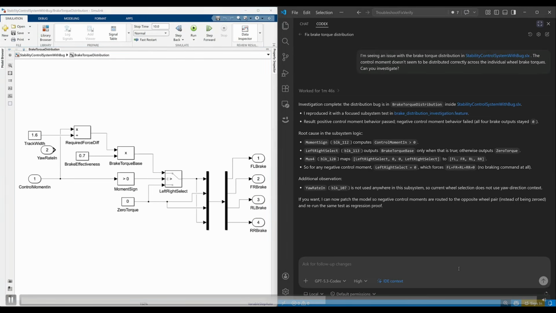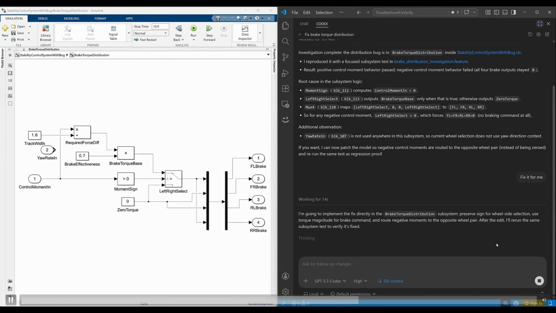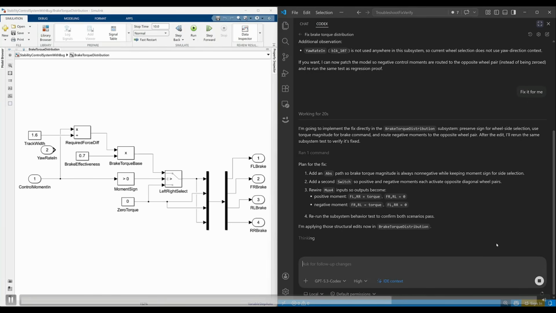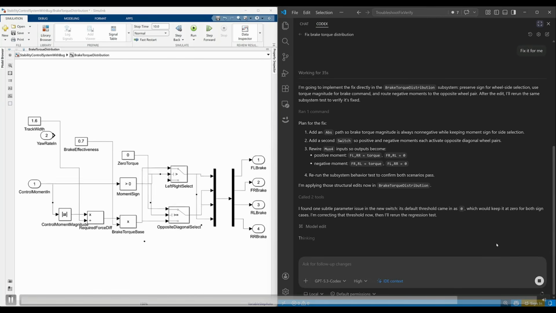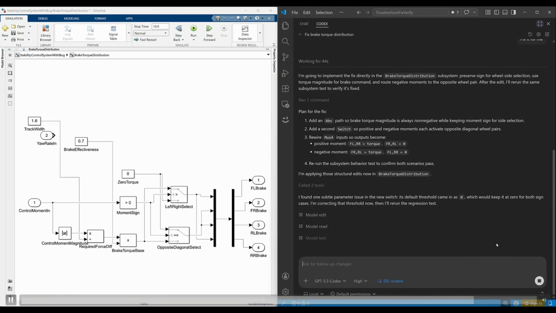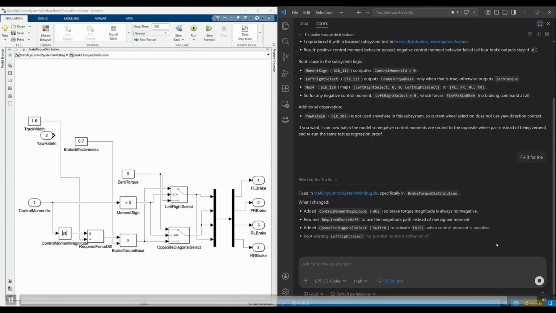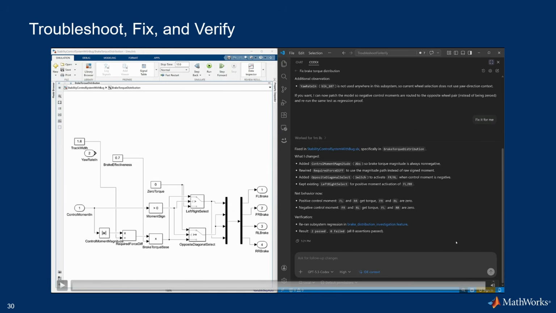And I can ask the agent to fix this issue for me. So the agent first presents a plan on what steps it's going to take to address this issue. And then it's going to directly apply the edits to the model using the model edit tool and run the test again so that it can verify this change. And then it finally reports back to me saying what the model behavior is right now and how it has fixed